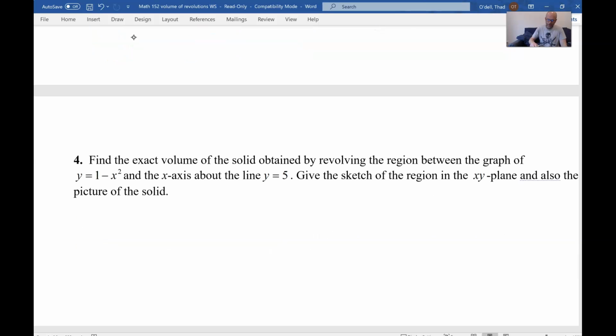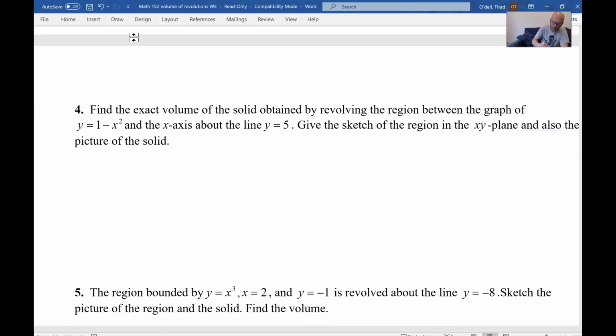Okay. Number 4, find the exact volume of the solid obtained by revolving the region between the graph of, so let's draw a picture real quick. So there's 1 minus x squared and the x-axis. Okay, so let's erase this extra stuff. So there's 1 minus x squared and the x-axis. So that's the region. And